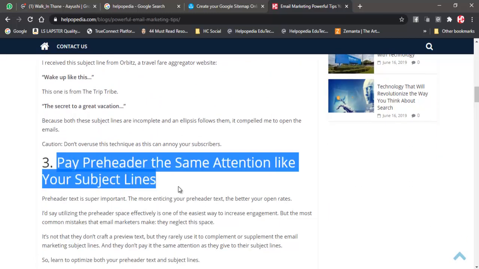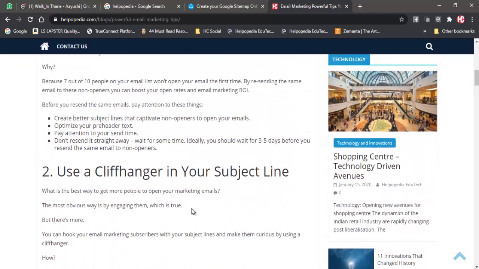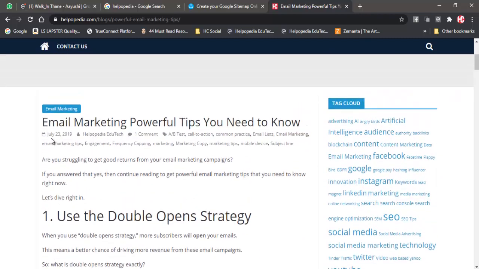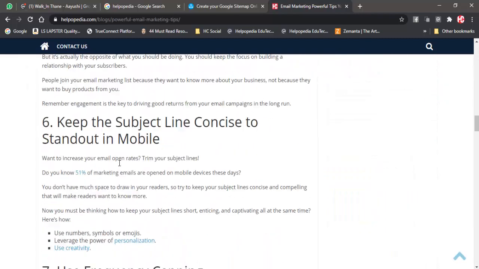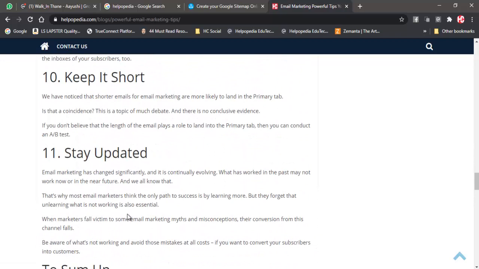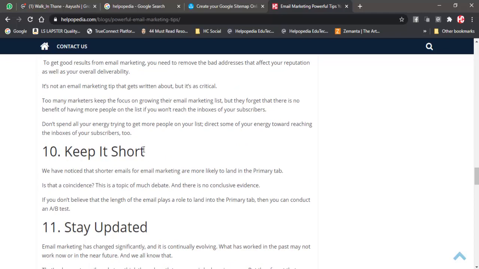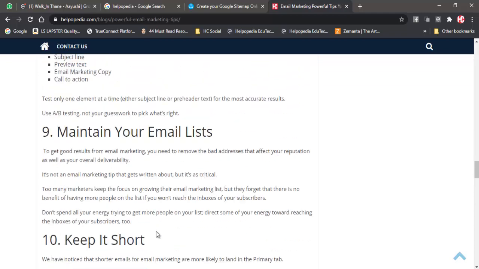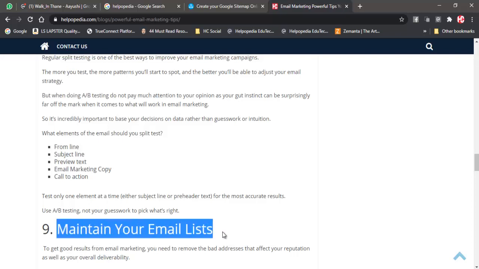Now why does Google say that you need to add headings to your blog? Because just imagine this content starting from here till the end. It is a long article, right? If I don't have headings and people just read this text, they will not remember what exactly this content is all about. But if I have segregated it into different topics, different headings, and provided a name for the headings, then people will know.